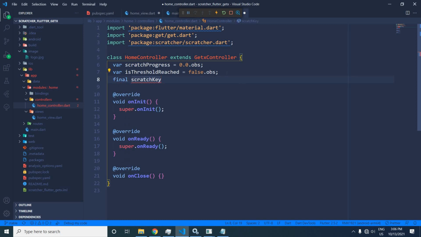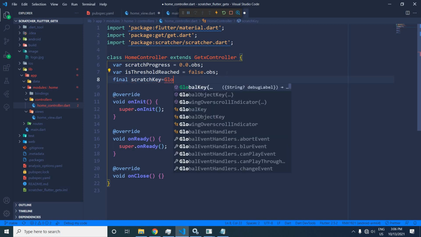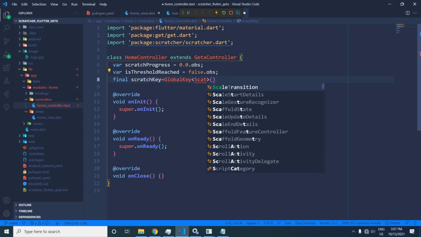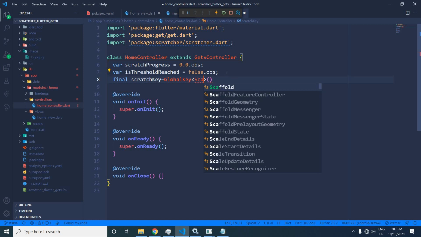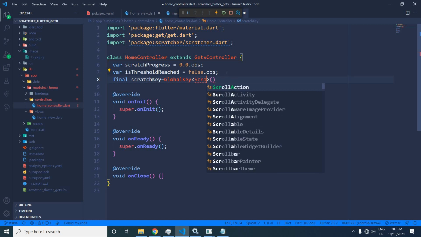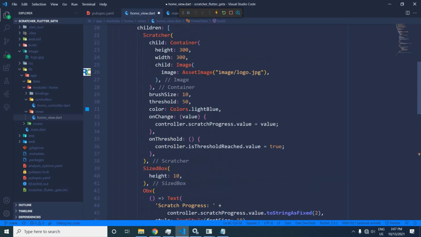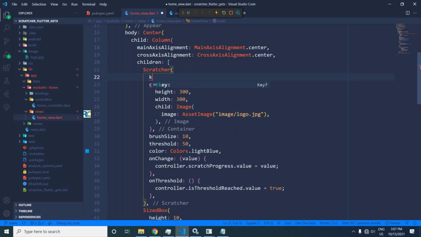Scratch key equals to, here I will write GlobalKey, and in the GlobalKey I will use ScratcherState. Now in the home view file, in the Scratcher widget I will use key, and in the key I will pass the key which I have created in the controller.